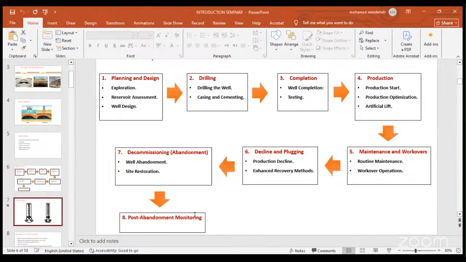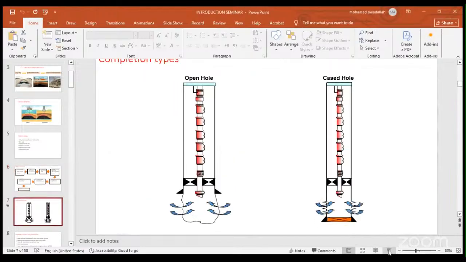So moving now to the next slide, which is completion type. We have two main completion types. We can complete the well using open hole or cased hole. In open hole, the casing doesn't reach the pay zone or the production zone. I produce the fluid from the open hole zone. But in cased hole, I run the casing to pass totally to the end of the well, and the production zone will have a casing against it and